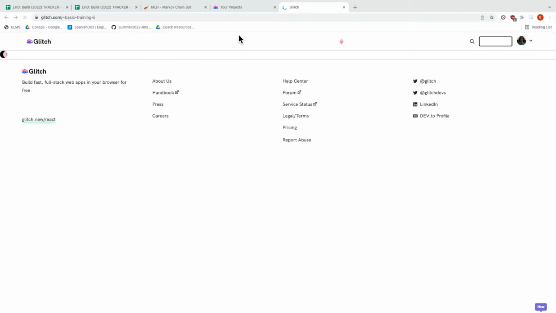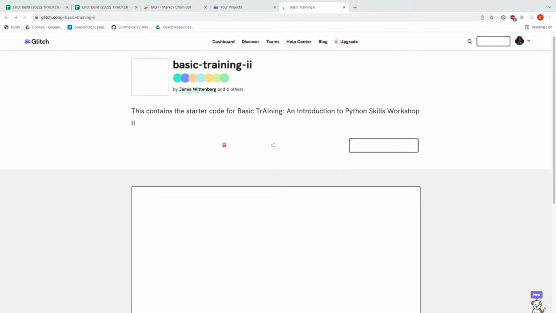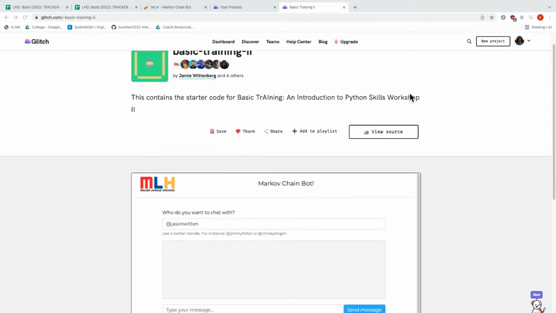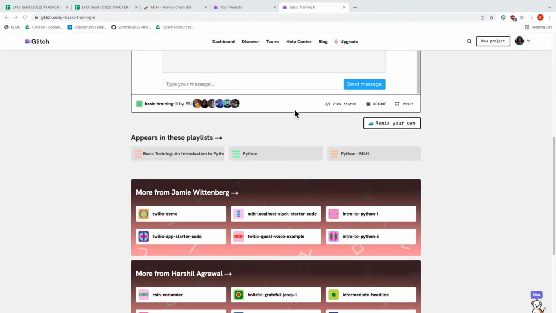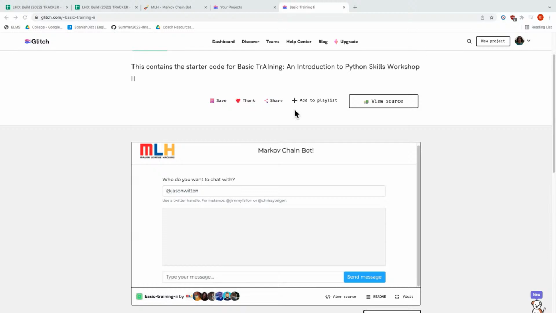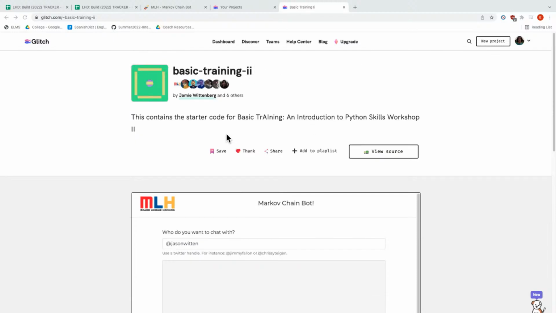That's going to bring you to the basic training 2 Glitch page. And we should be able to edit the project somewhere. Let's see here. Now, this contains the starter code for basic training. So I think I'm going to click View Source.